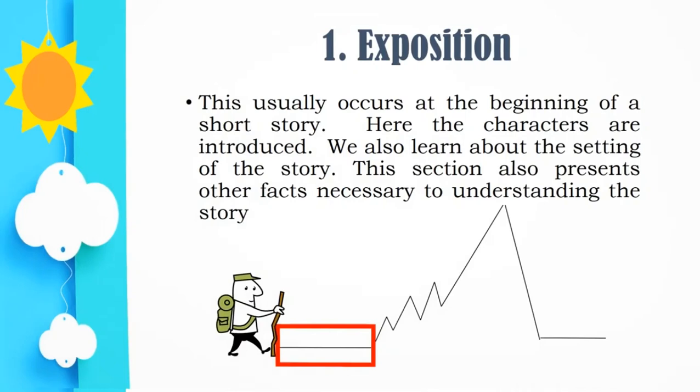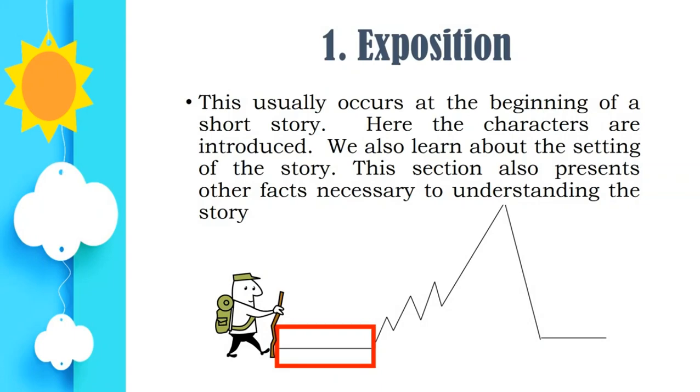We can find the characters, we can find the setting, if it is on a mountain range, an old village, a palace, or a city. We can also state here the weather condition, if it is summer, autumn, fall, or winter. We can also state here if it is in the prehistoric era, modern era, medieval era, or in the future. That will be the substance when it comes to exposition that we need to identify. Now, we have here on the next slide